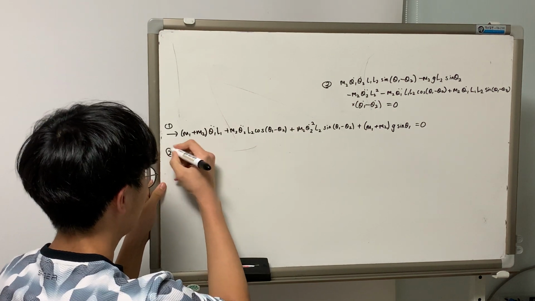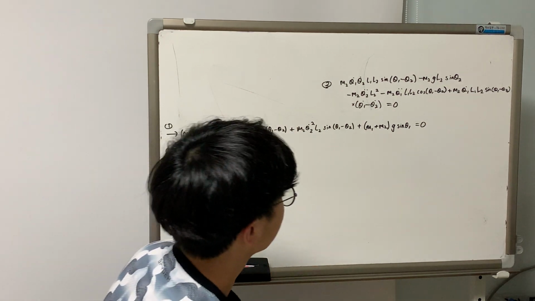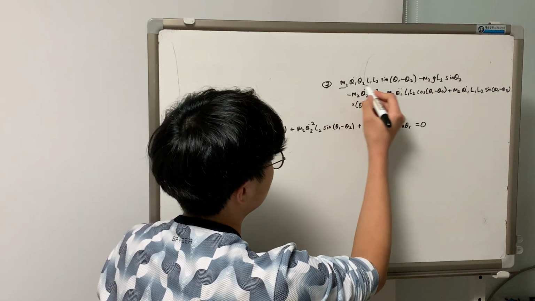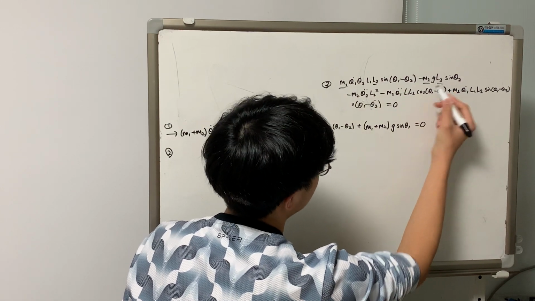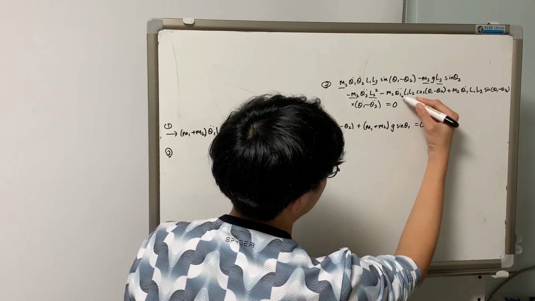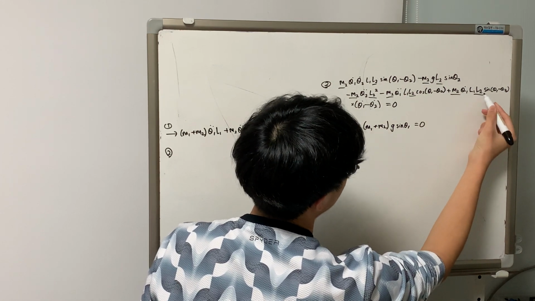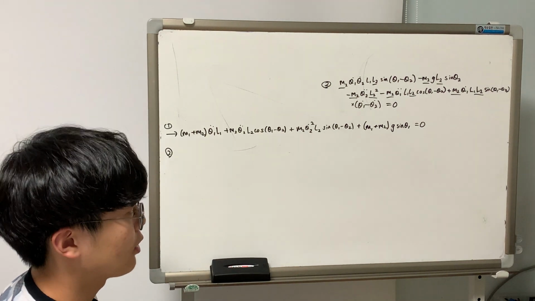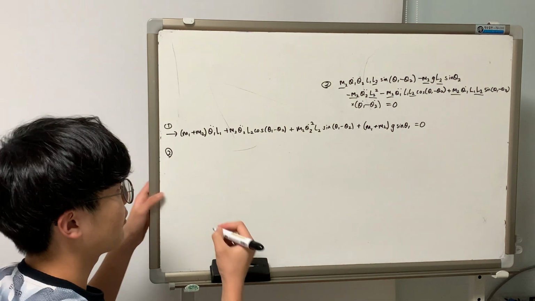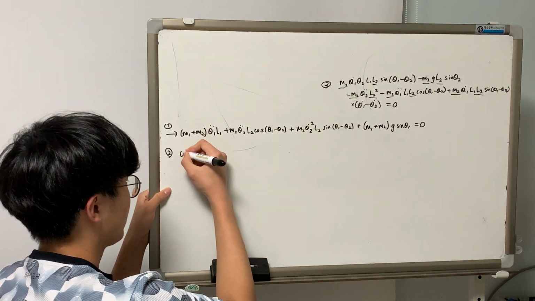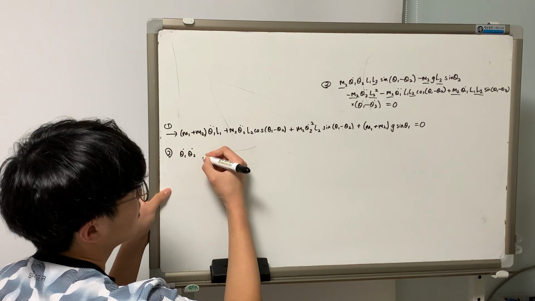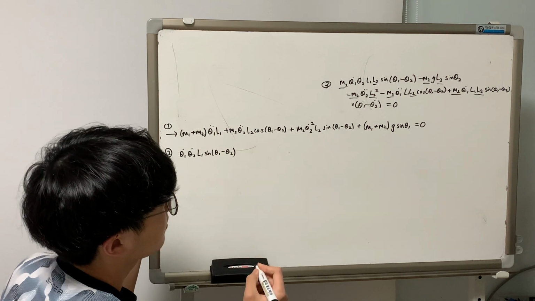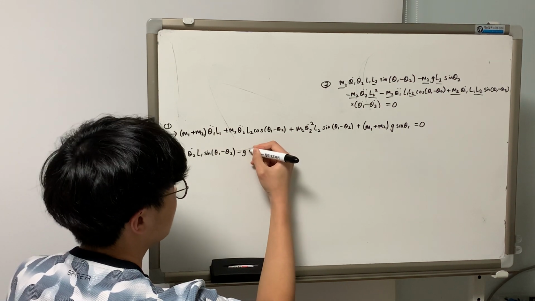Equation 2, let's look at it first. We see that every term has M2 and L2 in it. M2, L2, M2, L2, M2, L2, M2, L2, and M2, L2. And so we could divide everything by M2 L2, and there wouldn't be any problem. So let's do that first. We're going to get theta 1 dot, theta 2 dot, L1 sine of theta 1 minus theta 2 minus G sine of theta 2